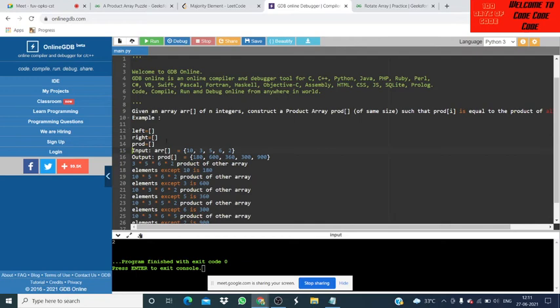I just keep one and one here so we can count the product. If I put zero, then all the product will be zero. So we count first the left side of the array from left to right, and then I count right to left. In this way we can calculate the product array.